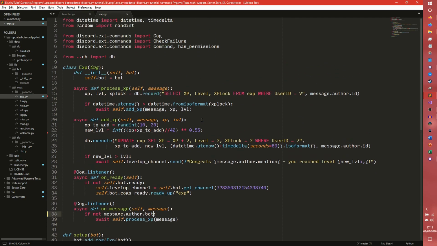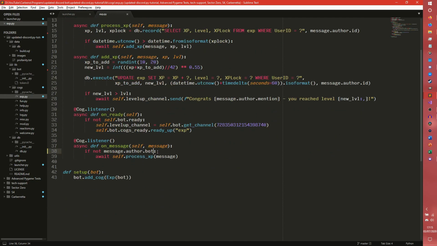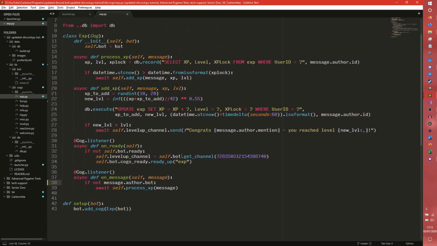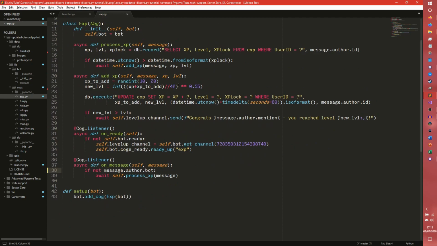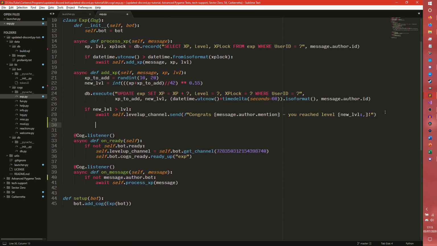I've removed the debug messages because I realized I forgot to remove those from the commit. And I also removed this little check to make sure that the author is my test account, because now that we've done the previous episode, we don't need it because it will always work. So what we need to do is create two commands, and we're going to create